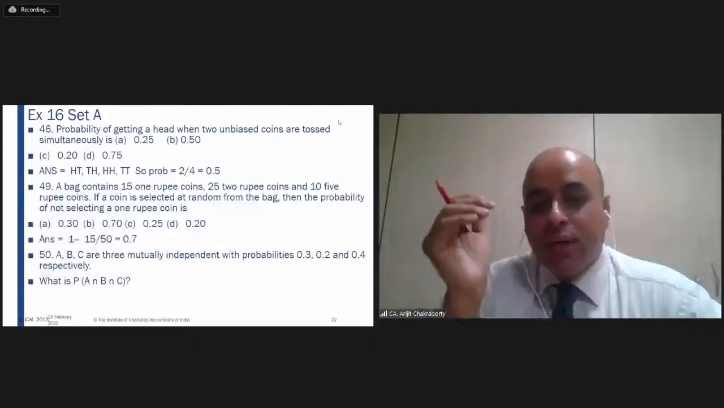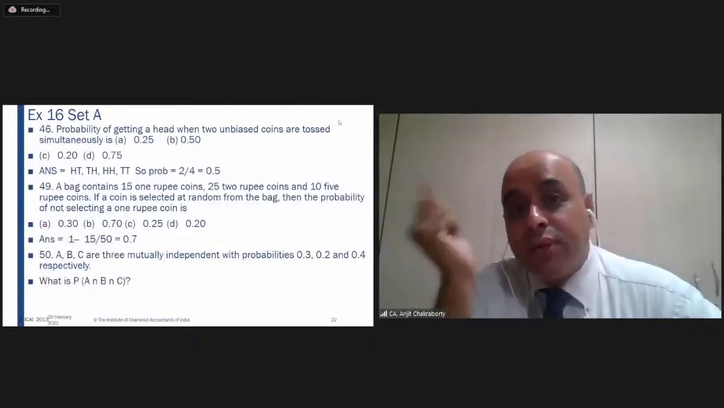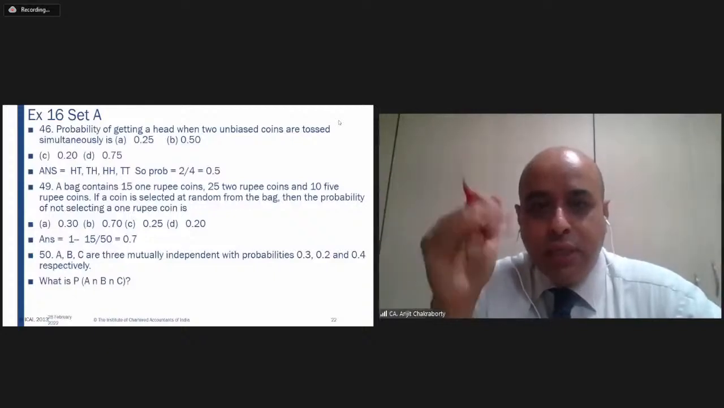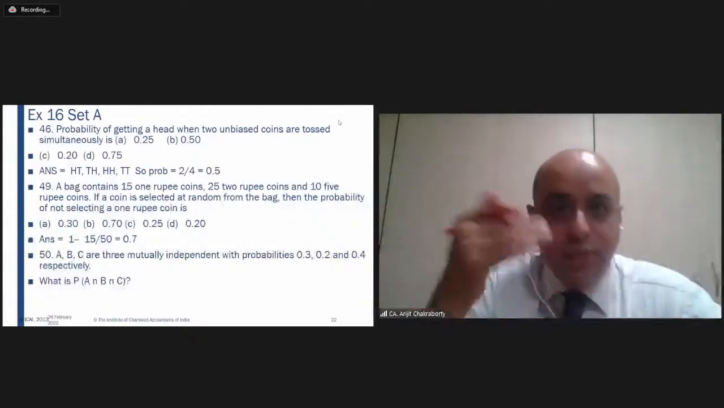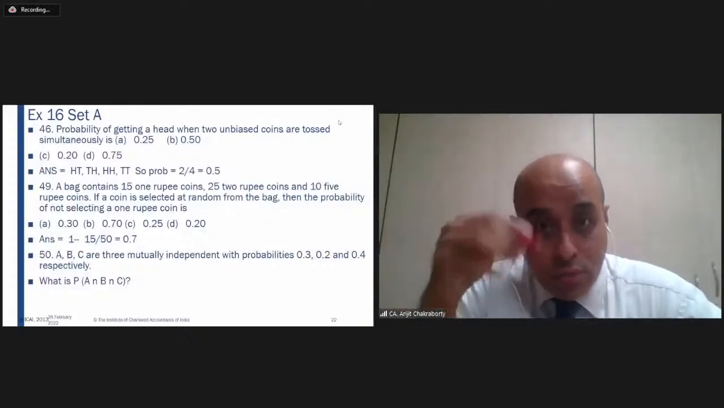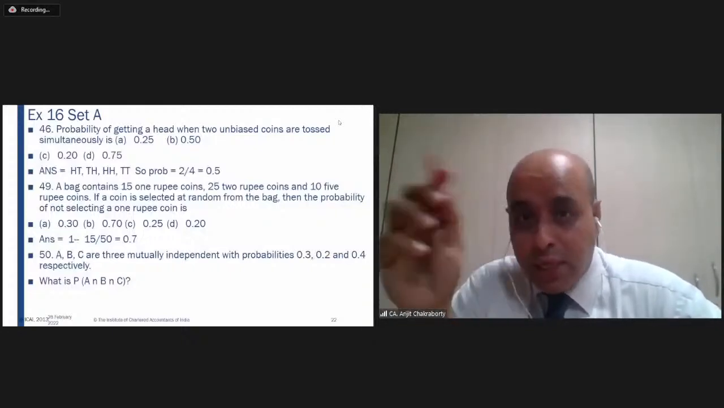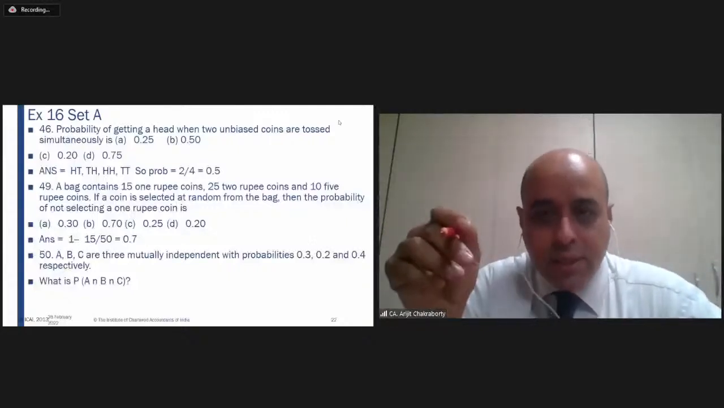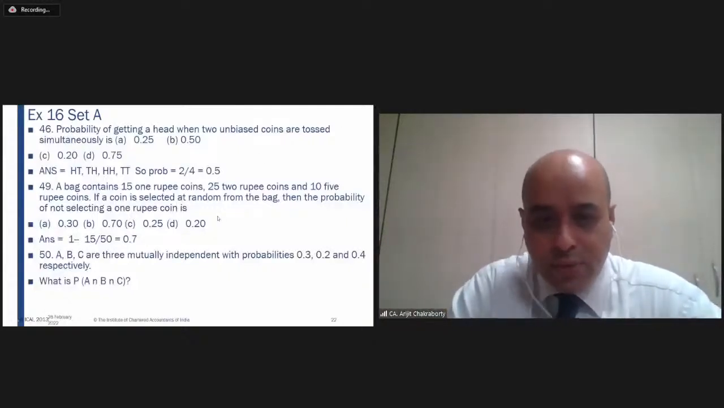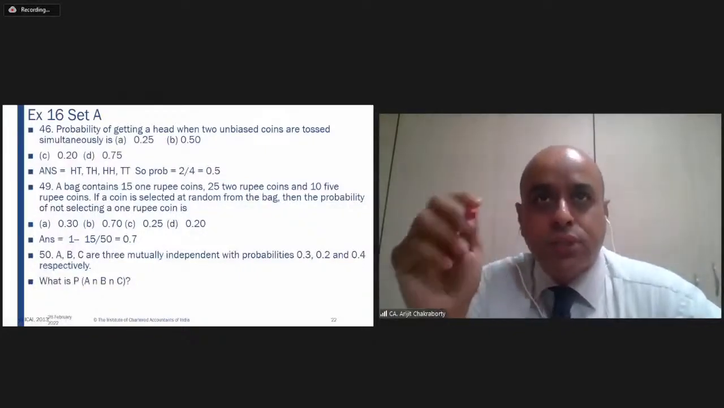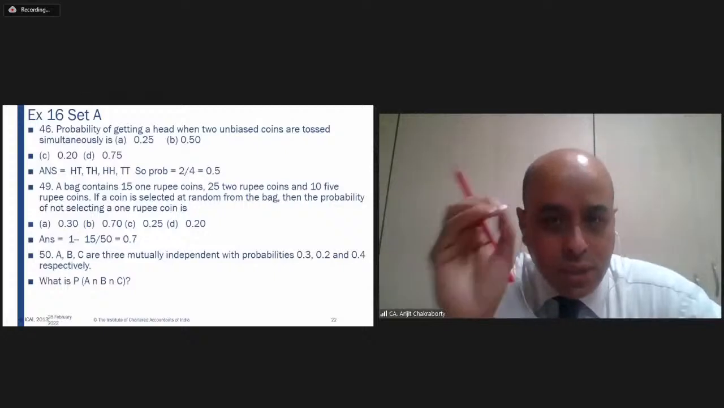So they are 3 mutually independent events. Independent events mean what? P(A intersection B) will be equal to P(A) into P(B). If it is dependent, then we will use conditional probability, that is P(A intersection B) is equal to P(A) into P(B given A). But here it is independent. Please see, it's given 3 independent events. Probabilities are given. So the probability of A intersection B intersection C is just the product of